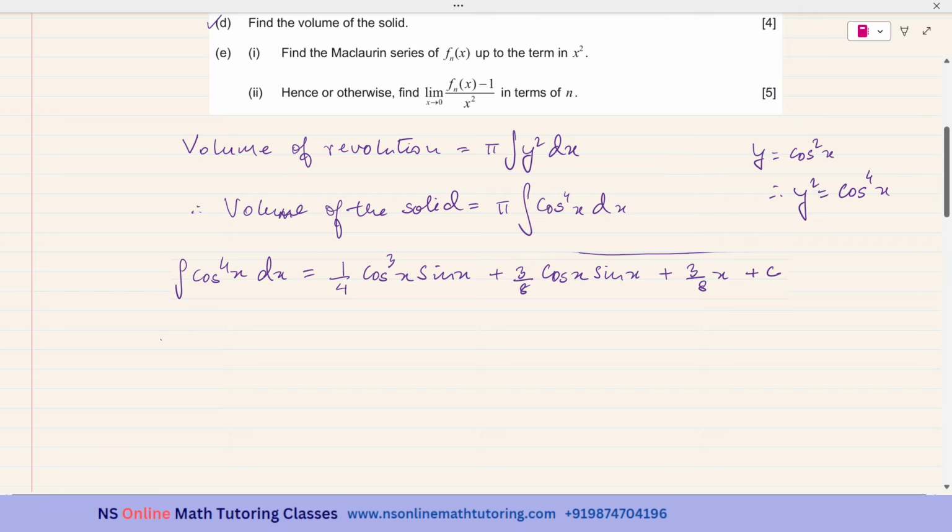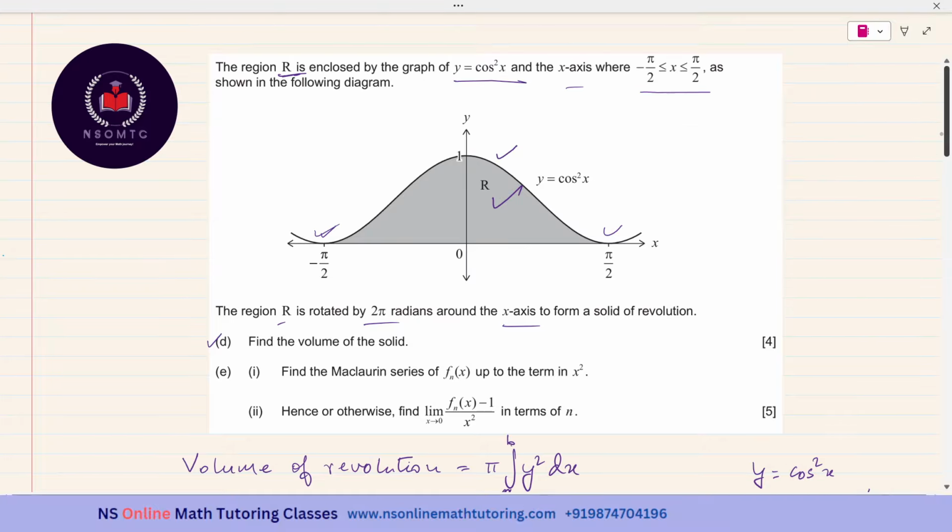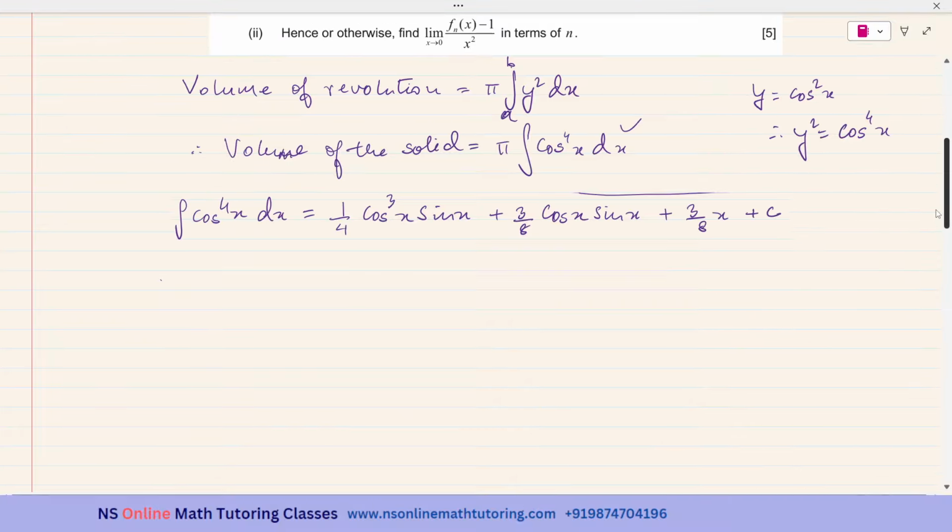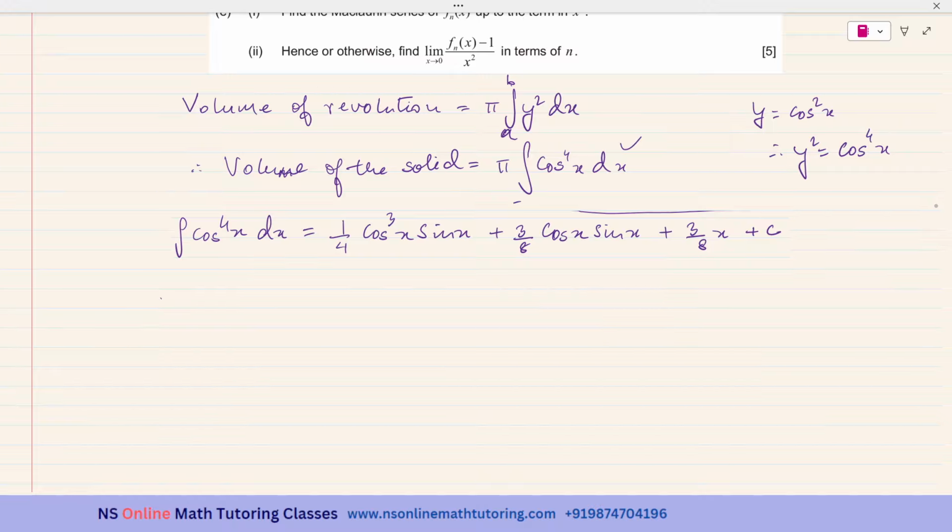And this will be a definite integral. I did not put the limits, the upper bound and the lower bound. It should be between minus pi over 2 and positive pi over 2. So I have to write that part. And this is the expression for the integral of cos to the power of 4x with respect to x. Okay, so therefore,